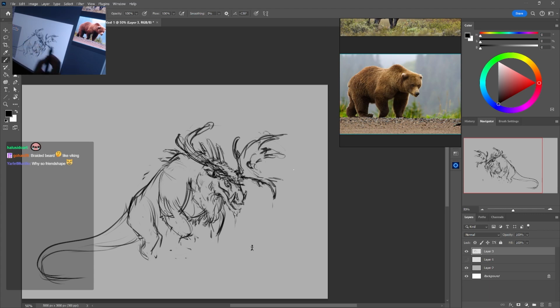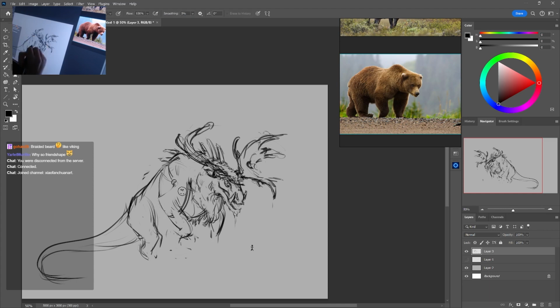Okay, so internal structure, right? We gotta keep in mind the animal structure is almost the exact same as human structure. So they have a shoulder blade, the scapula, which comes around here, and then the bear shoulder probably looks like it was about there, and then it comes over here, and that's their elbow, and then there's their wrist. And the fun thing about bears, unlike a lot of other creatures, is they walk on their entire hand.